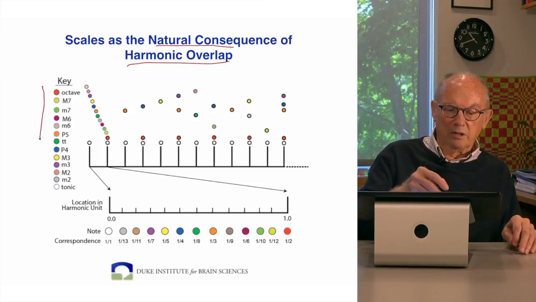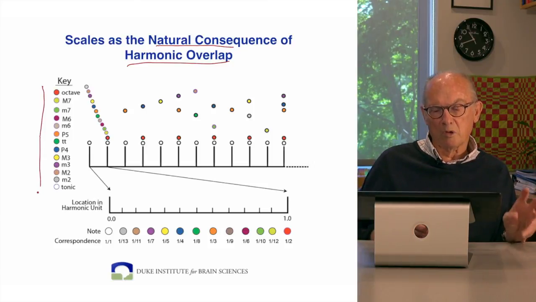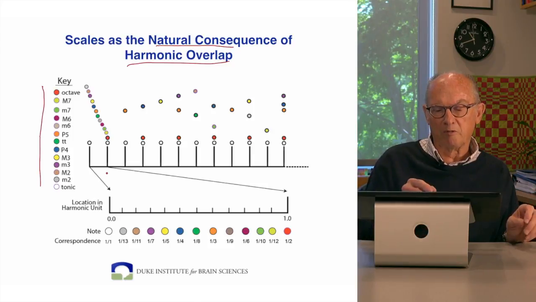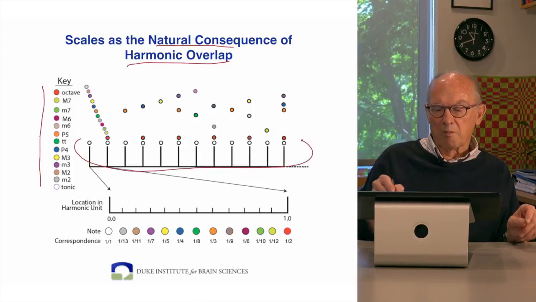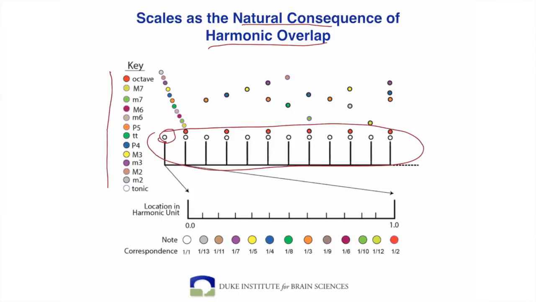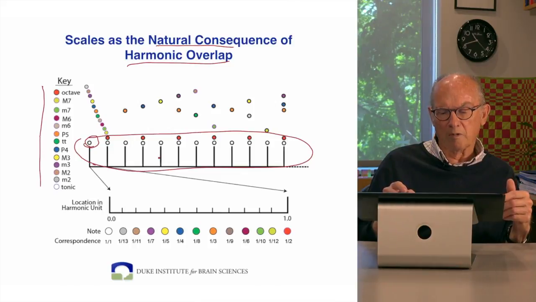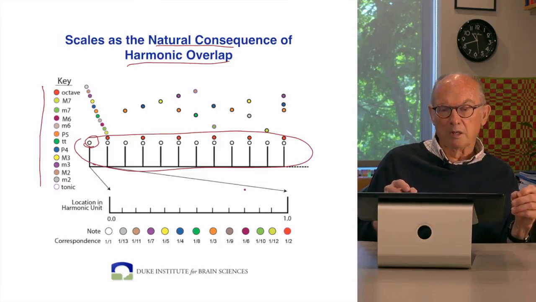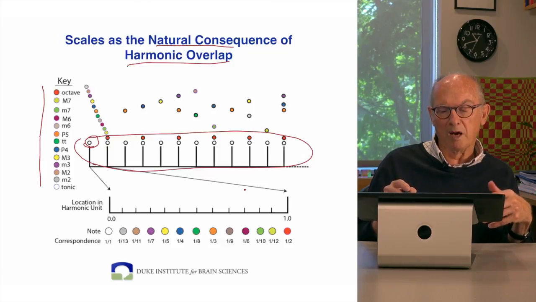So let's look at the 12 intervals, 13 notes of the chromatic scale, and I showed you this diagram before. This is a harmonic series of the fundamental indicated by these white symbols here. So let's say this was a musical tone with a fundamental of 100 hertz, then this harmonic would be 200, 300 hertz, 400 hertz, and so on. And the issue here in harmonic overlap that we talked about before, and that I'm talking about again now, is can the small number of notes that are present in scales be defined or explained in terms of their degree